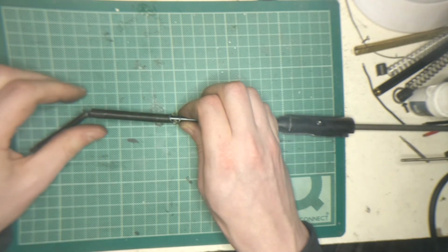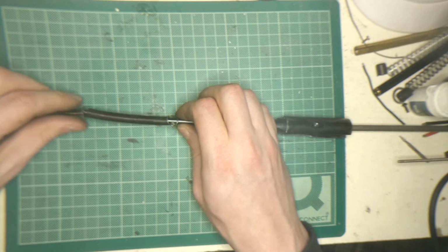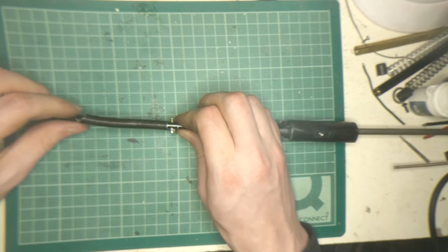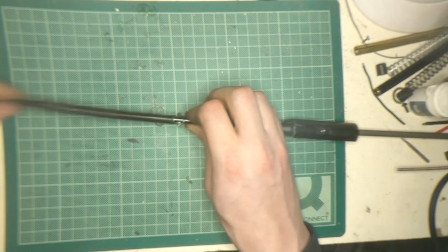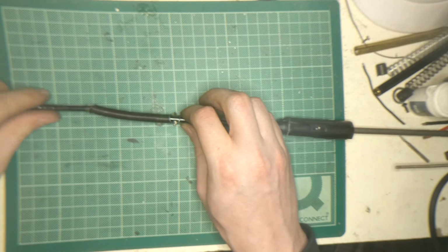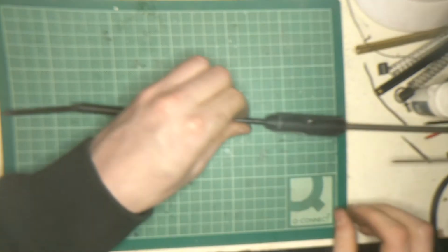So screw that in there, and then I've just used some little bits of metal here to just keep it in place. That holds it nicely, and that will just mean that the spring returns much quicker, won't sort of bounce all over the place when it returns. And also